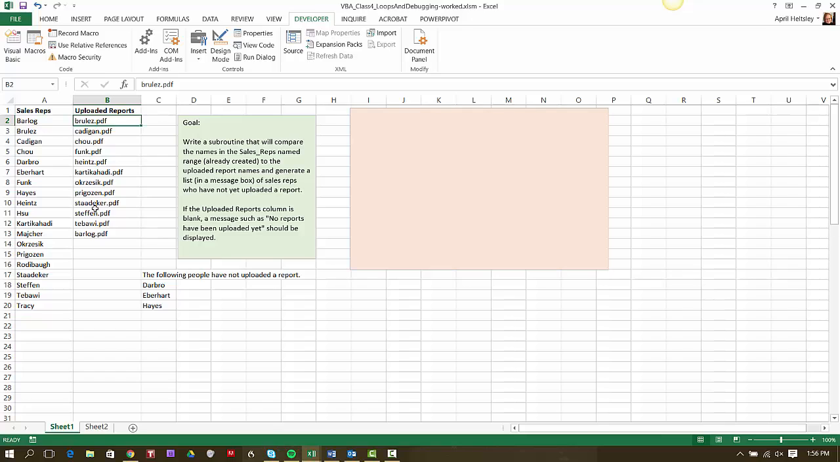But the computer doesn't know that, and so what we're going to have to do is do some work to actually make sure that we have something to match so that we don't just find no match ever. So we don't tell the user, hey, they all uploaded reports, and therefore have an empty message. Okay, so